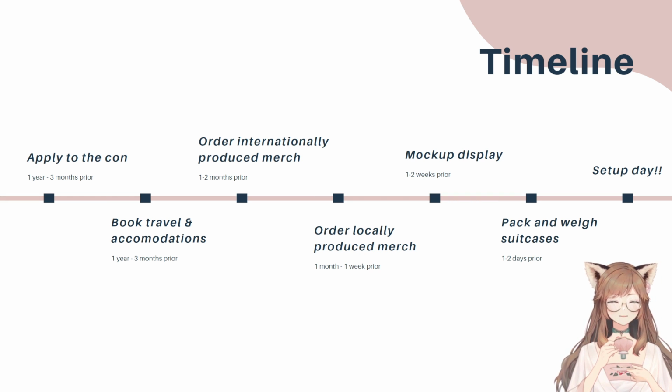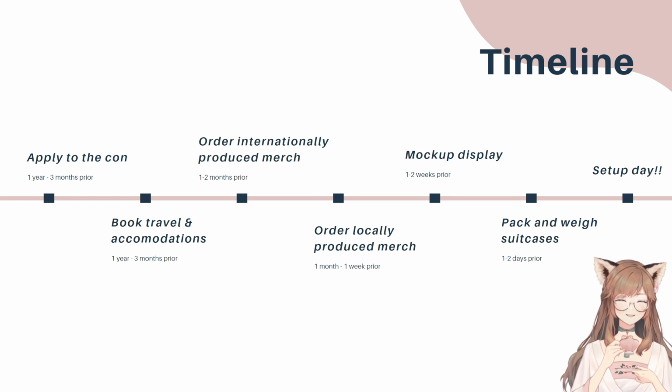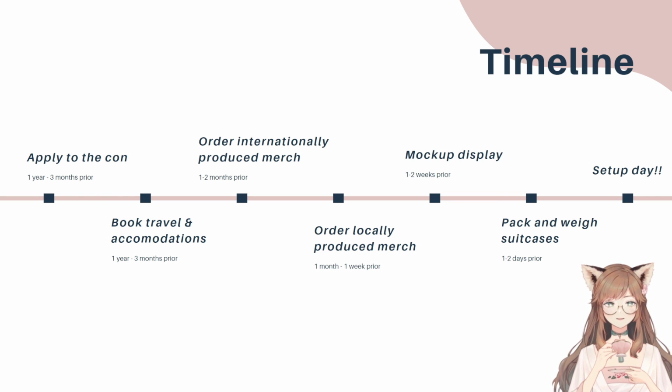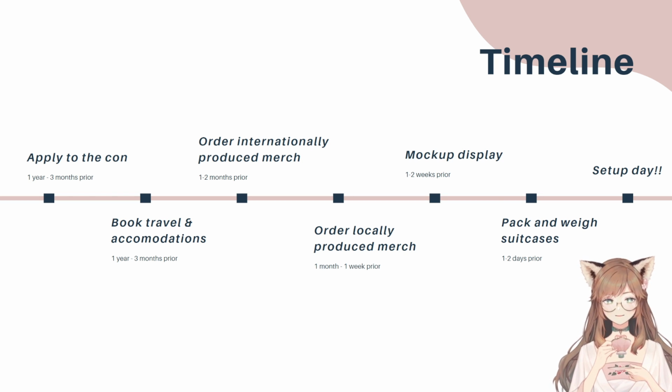For charms, they're usually made in China, which means they will take 2 to 4 weeks plus to arrive. The factory has to make them and then also ship them to the UK. And during COVID, it was very, very messed up. All the deliveries took 10,000 years. So I usually try to give a minimum 1 month buffer for ordering those international items.